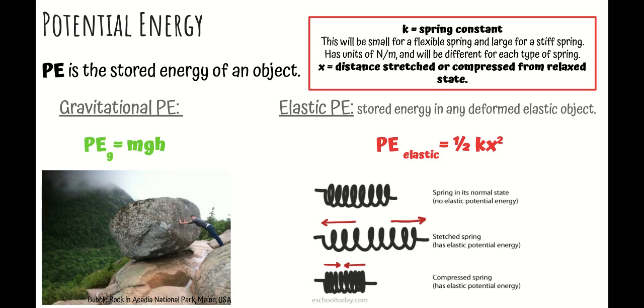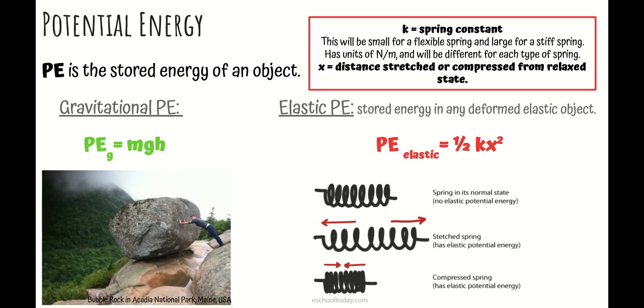So if I took my pen and I bent it a little bit, the pen is going to immediately return to its original shape as soon as I let go. If I have a rubber band and I launch it at someone across the room, when I stretch it out, it has elastic potential energy because it has a stored amount of energy that it's going to use to